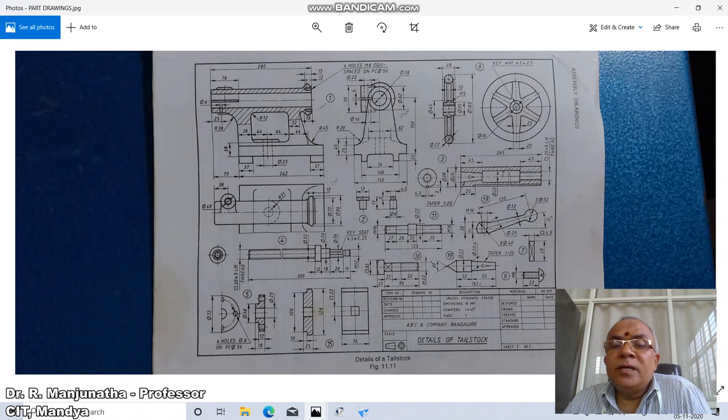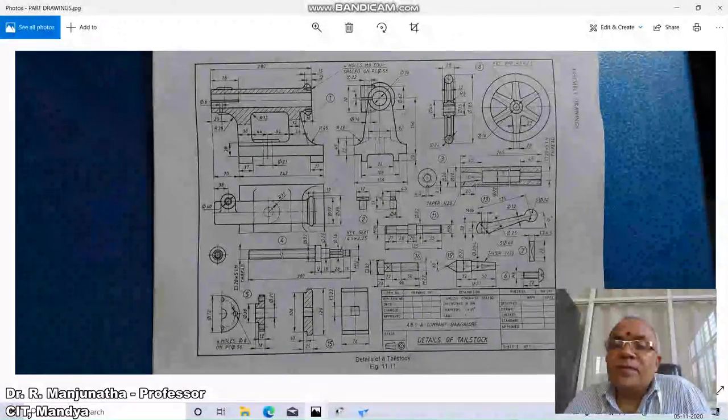So this is how you will be able to calculate the 1:20 taper. And there is a small keyway which is 4.5 by 3. So that length is from here to here. So that means from here, it is having a 20 mm length. And there is an internal diameter of 20 mm, 22 mm, and then there is a 45 mm length square thread of 20 into 5 pitch of left hand thread.